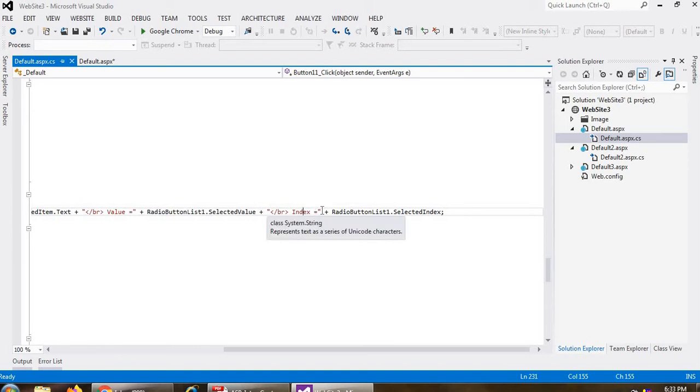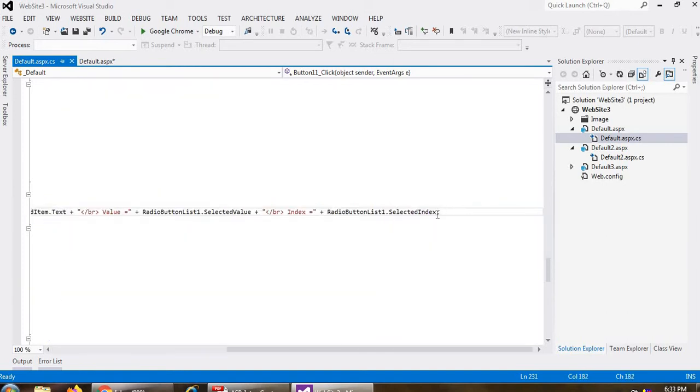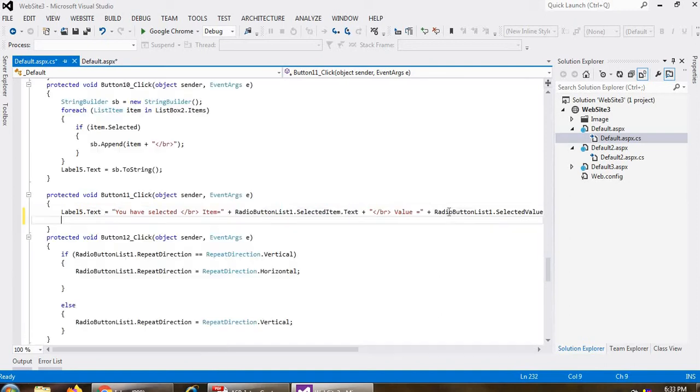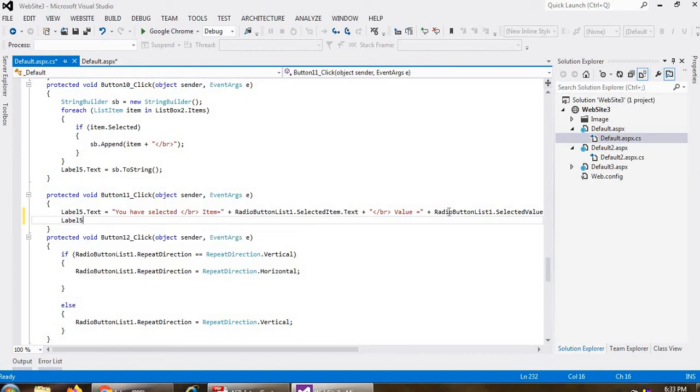The index equal to double quotation plus radio button 1 dot selected index. So it displays the index, right? You can write like this: I want to use the label 5 over here, the label 5 dot text, and here I have written